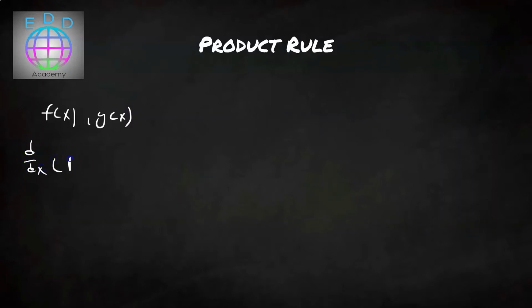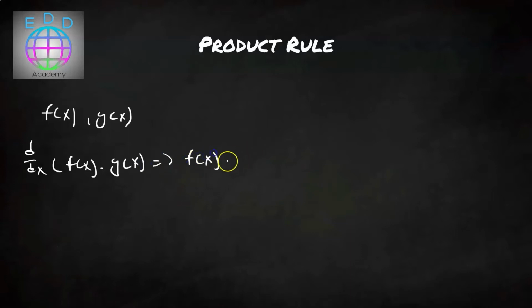Today we're going to be introducing the product rule and doing some practice with it. What the product rule says is, given two differentiable functions, f of x and g of x, the derivative of their product, d dx of f of x times g of x, is equal to